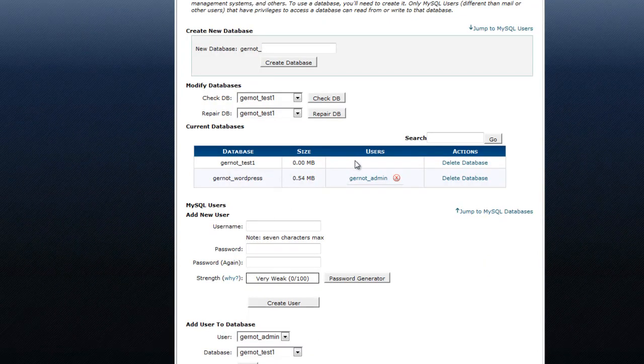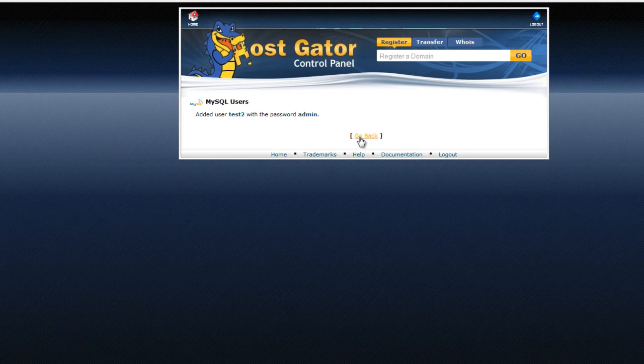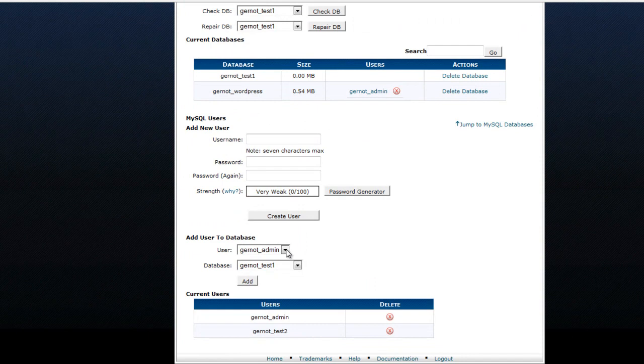And now what you have to do is create a user for it, and that's pretty easy. All you can do now is just fill in a name over here. In this case, I'll use test2, and then password. Okay, cool. And then you just create the user. Say go back. Cool. So as you can see here, a user's been created